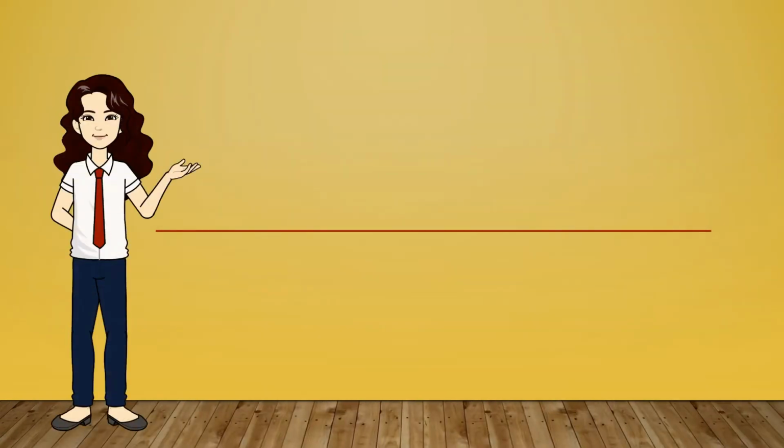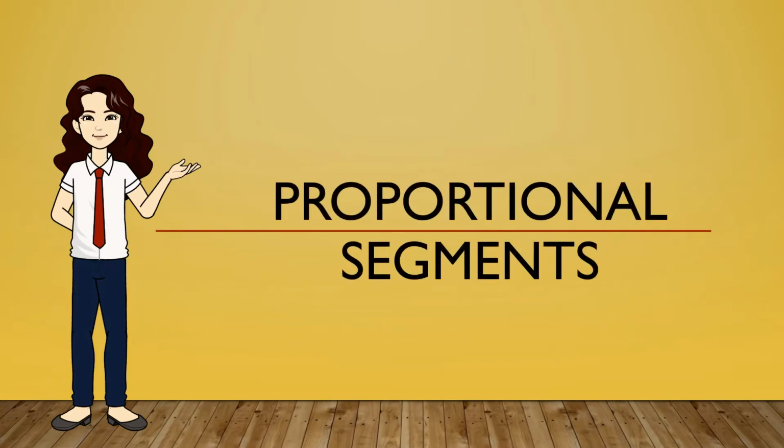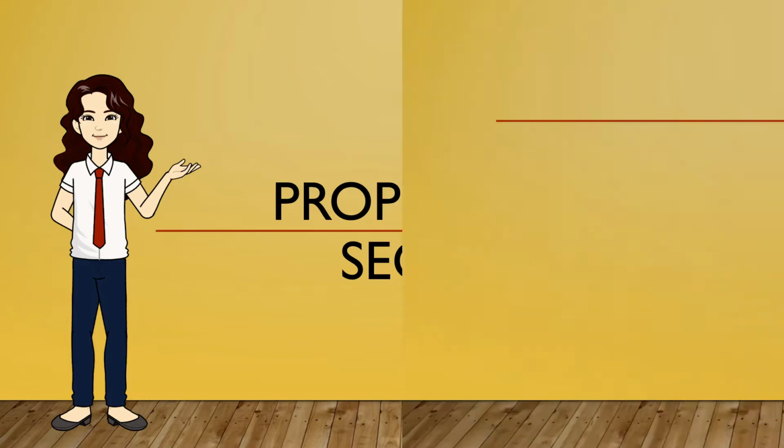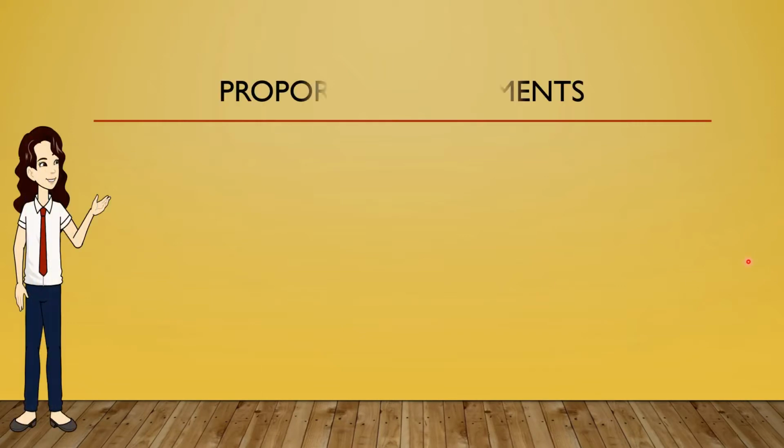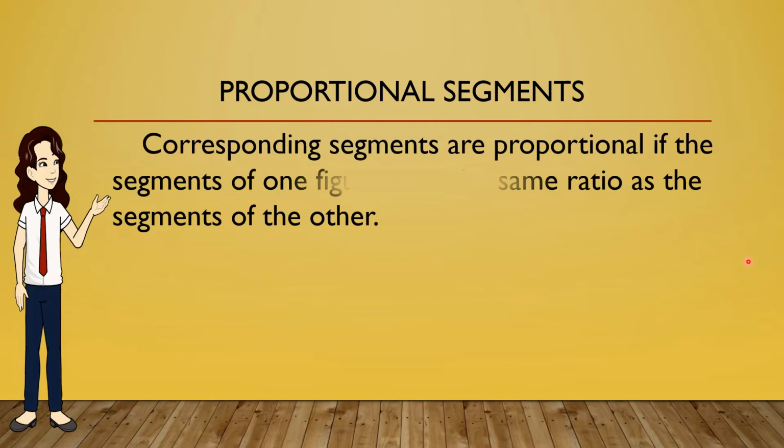So our topic for today is all about proportional segments. In proportional segments, it is said that corresponding segments are proportional if the segments of one figure have the same ratio as the